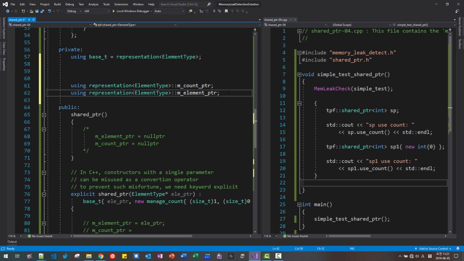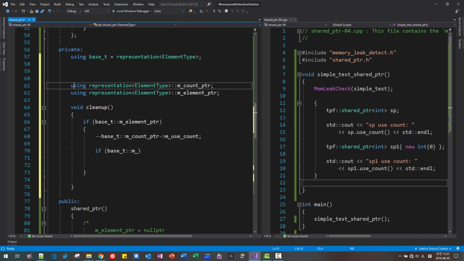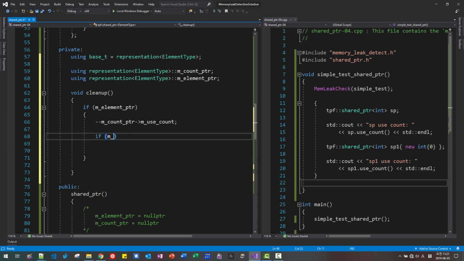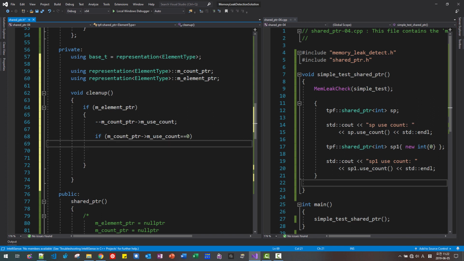Cut, paste. m count ptr m use count is 0,